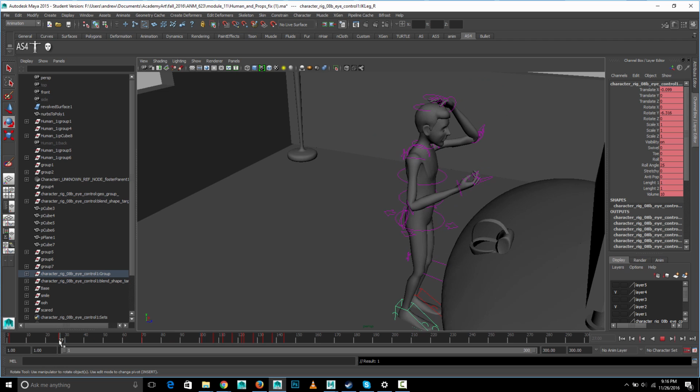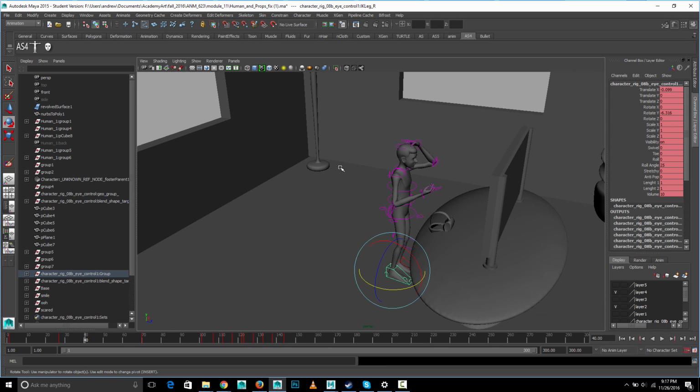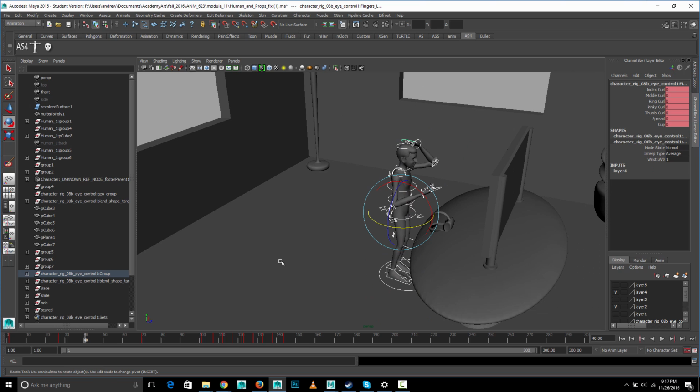Right, and then the next thing to know is that you want to do holds. So an easy way to do a hold is if I go forward, let's say to frame 40, and again, let's select all the controls and hit S. So the important thing was middle mouse keyframing because that updates the time without updating the animation. And so now see how it's not moving between these two frames? So it goes to this first pose and then holds it, and then you can go to another pose,